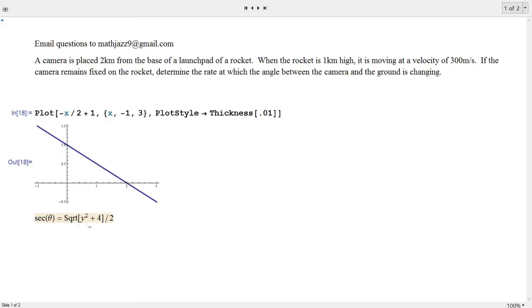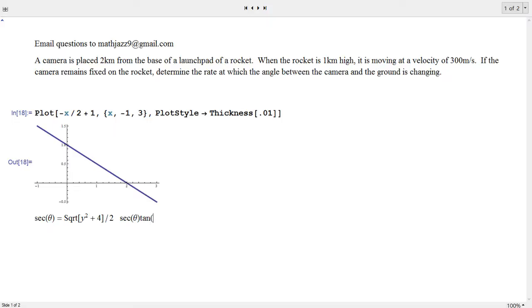And this removes any sort of negative exponents when we take the derivative, because we'll have to take the derivative. So now that we know this, we can go on to say that secant theta tangent theta,